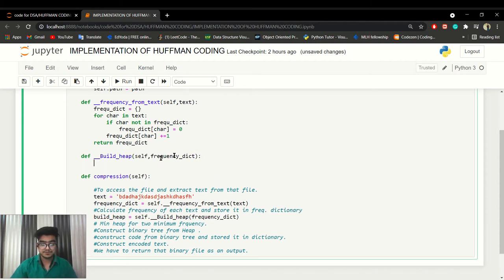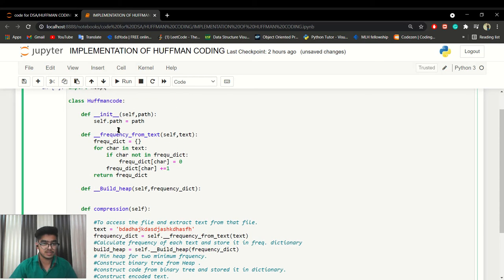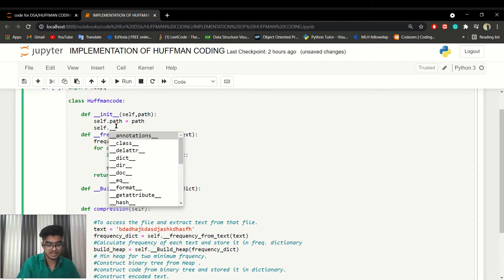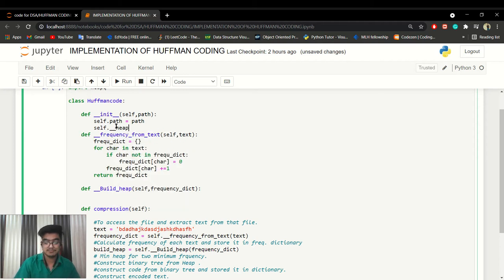Now, first of all, to work with heap, we are using an iterable. An iterable is just a list, we can say, where we push elements, and we work with heap. So first of all, let's create an iterable, self dot, let's create the iterable as private.